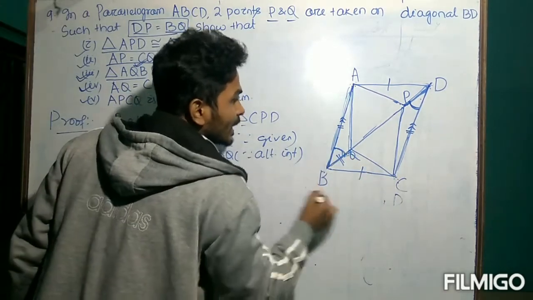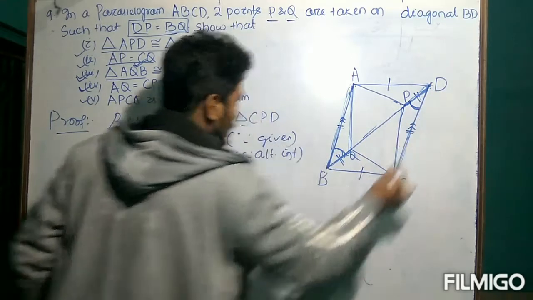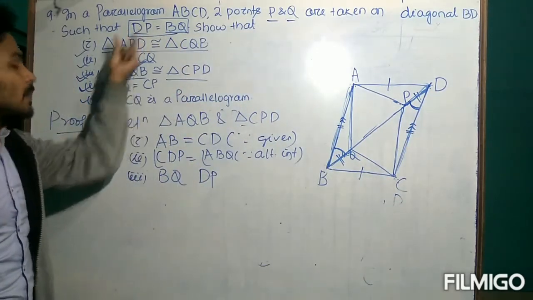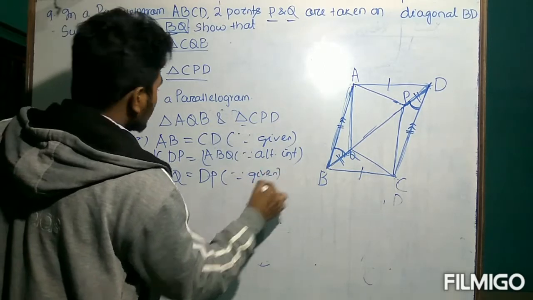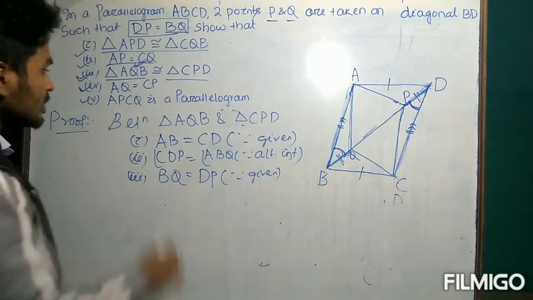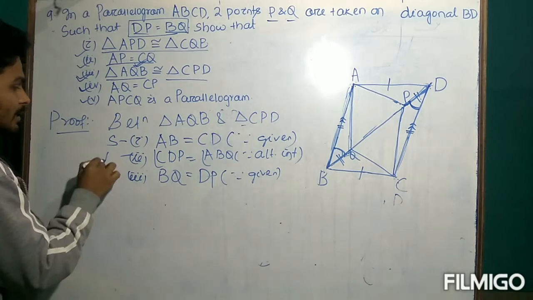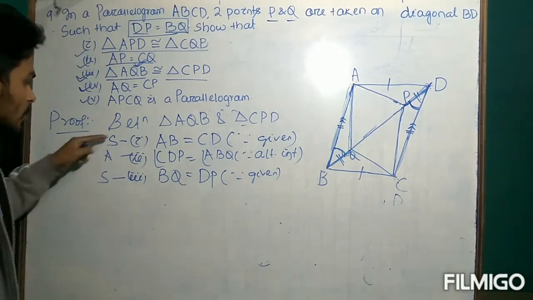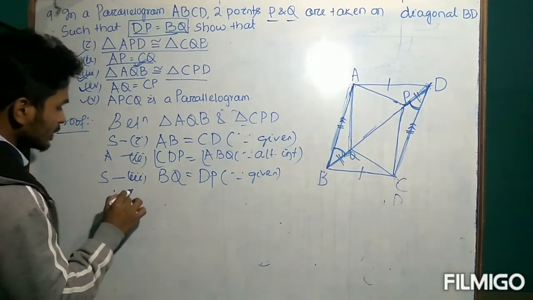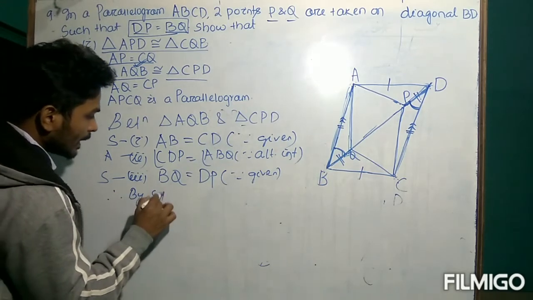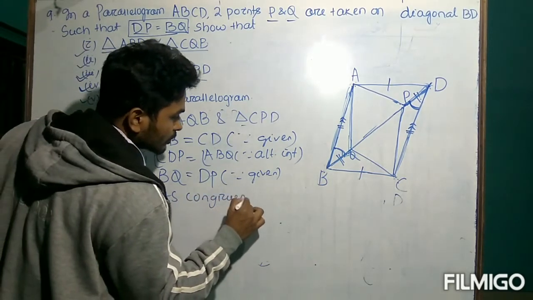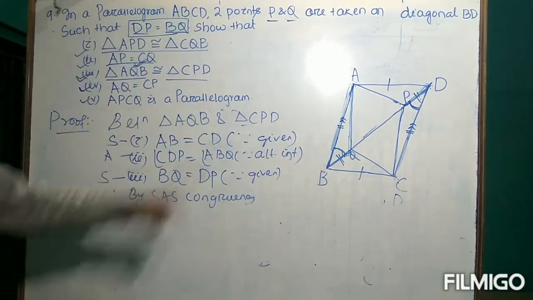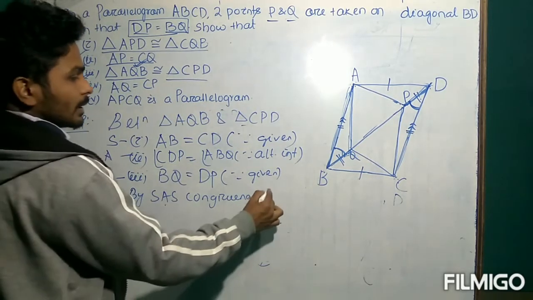That means this length is equal to this length. So BQ is equal to DP, already given in the statement. So these are the three possible conditions. This stands for side, this stands for angle, this stands for side. So by SAS congruency,